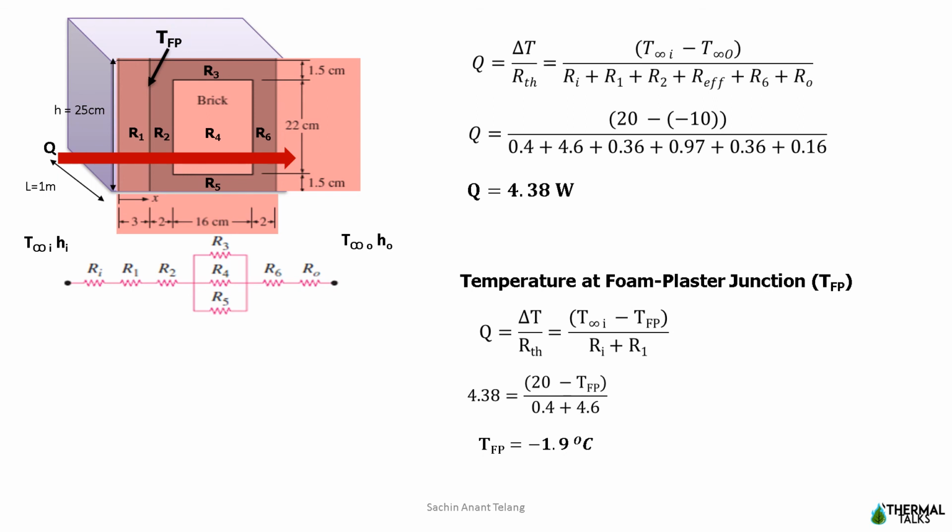In the same fashion you can also calculate the wall temperature of the foam inside the wall. You can also calculate the plaster wall temperature outside the wall. In a similar fashion you can calculate it, but you should be careful enough to add resistances respectively. If you are going to take only one material, there is going to be only one resistance. If there is a combination of materials, then with respect to that you are supposed to take resistances. I hope this is clear.